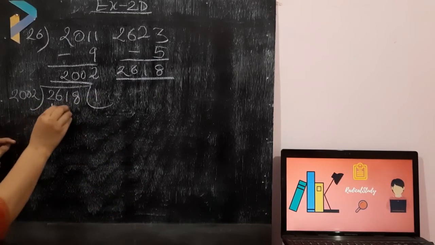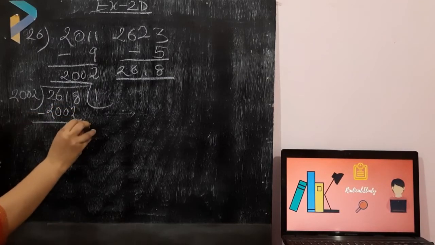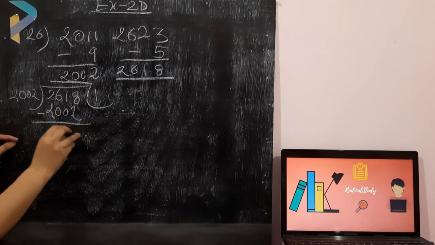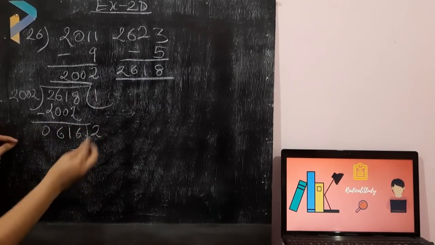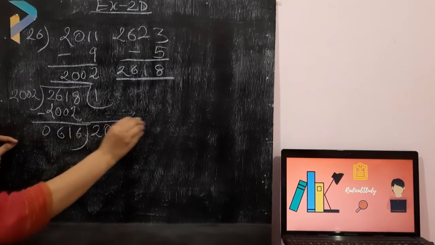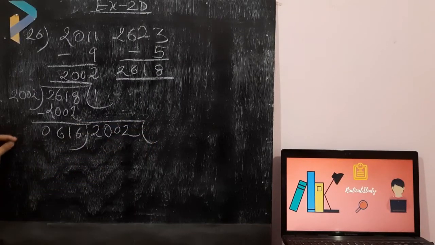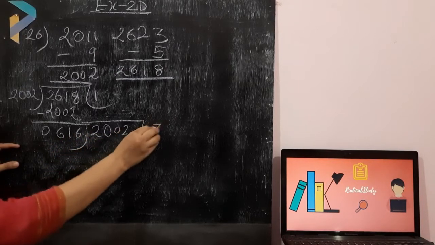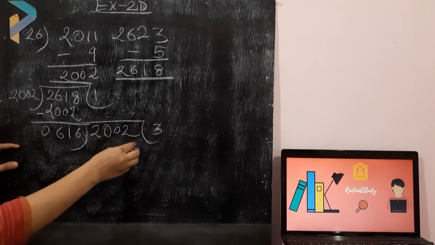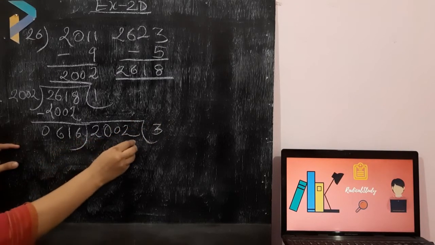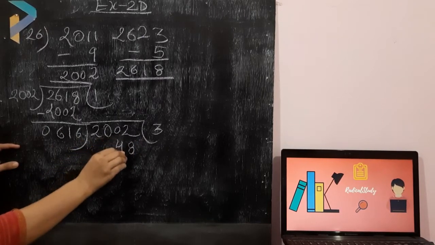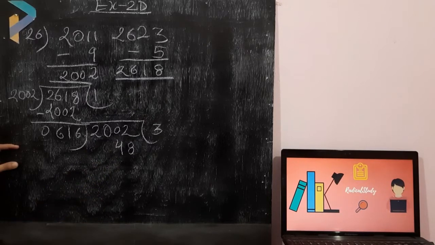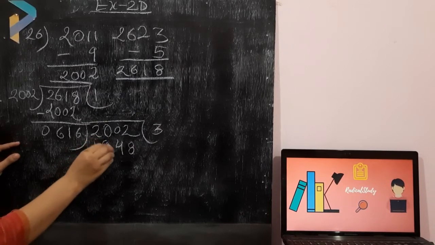So firstly it will go by 2002, 1s are 2002. Here we will get the remainder as 616. Now this remainder will become the divisor and this divisor will become the dividend. Okay students. Now 616 3s are, 6 3s are 18, right? Now 3 1s are 3, it will be 4, 3 6s are 18 again. So the number will be 1848.